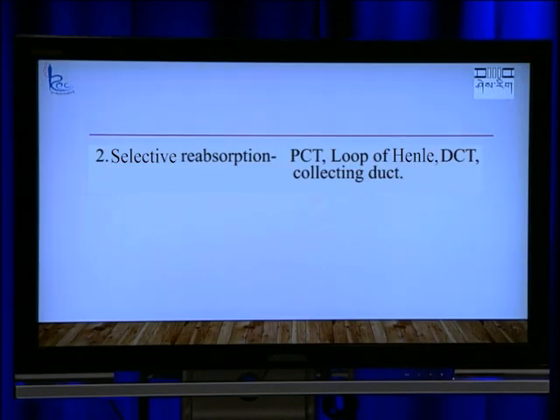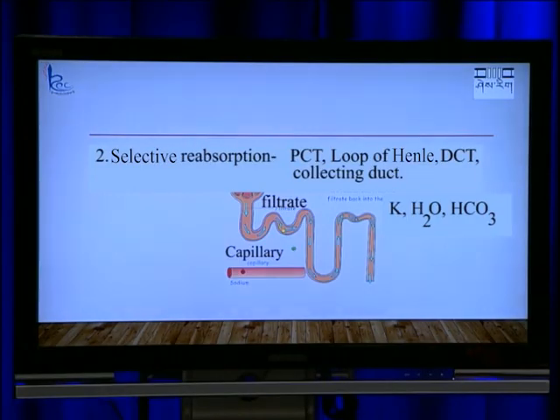The second step, you may already know, is called selective reabsorption, that takes place in the proximal convoluted tubule, loop of Henle, distal convoluted tubule, and the collecting duct. So, in fact, we can say that the reabsorption takes place throughout the length of the nephron, but remember, maximum will take place in the PCT, that is the proximal convoluted tubule, in which whatever has been filtered out during the ultrafiltration